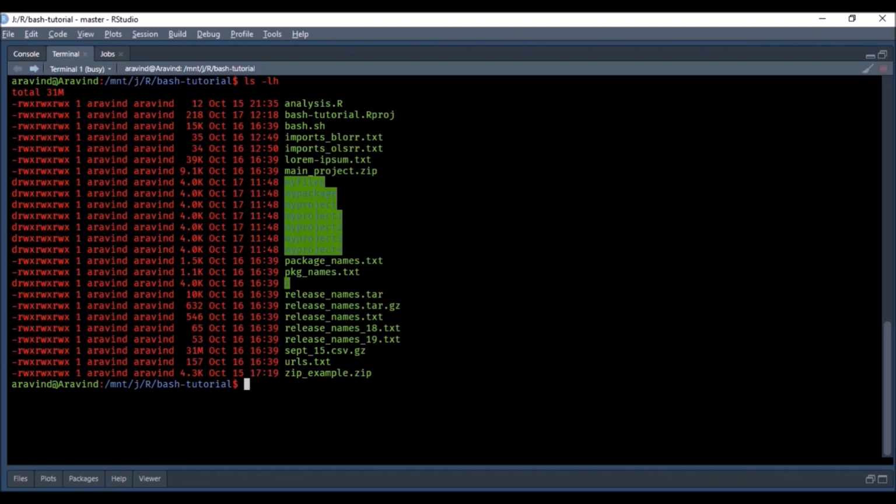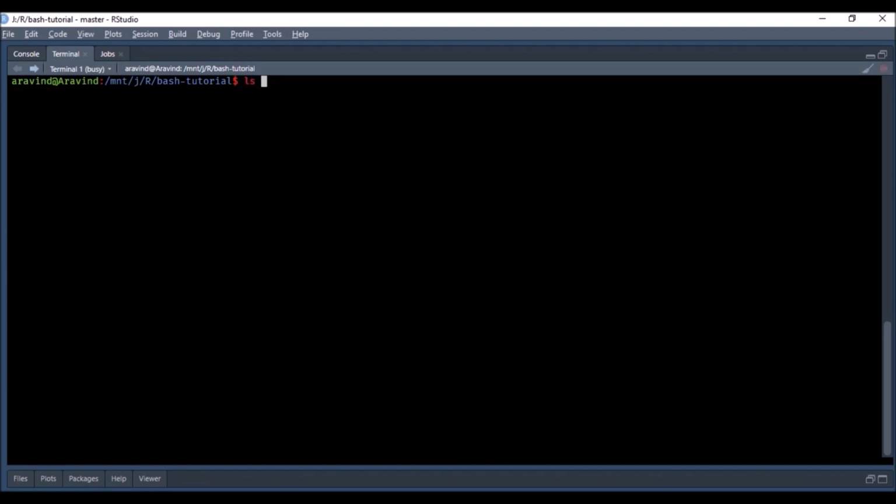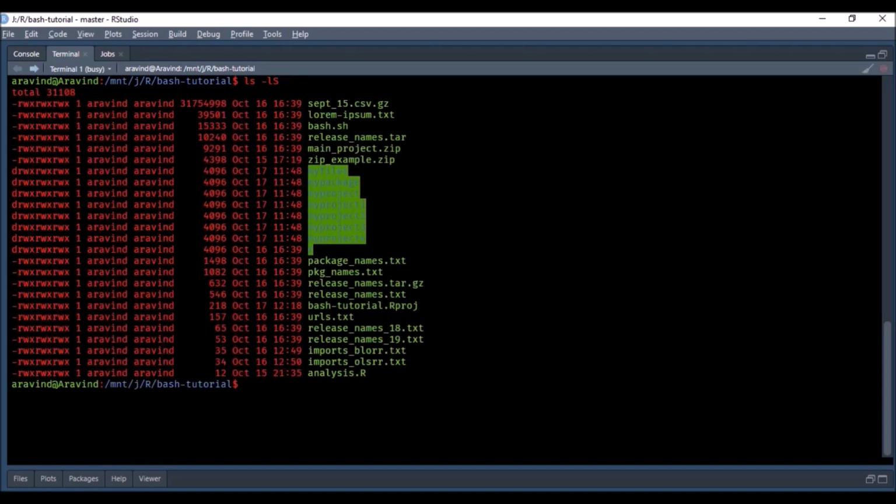Now let us see if we can sort this listing. We want to sort this listing either by size or by modification date. So I'll clear the screen. I'm going to use ls again, then followed by L, because I want the files to be listed one per line, and then I'm going to use capital S. Now this will ensure that the listing is sorted by size. You have the biggest file listed first,